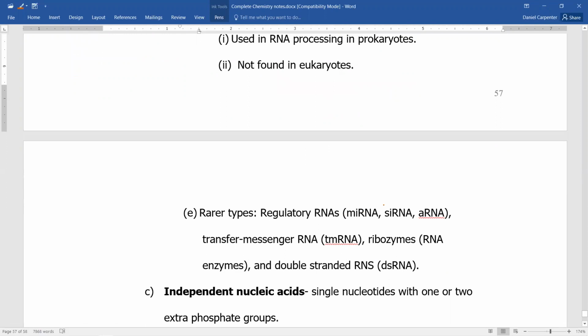Regulatory RNA, and there are several kinds of regulatory RNAs, 3 kinds. Transfer RNAs, not transfer, transfer messenger RNA, and there's an example. This is really fascinating to me. Ribozymes